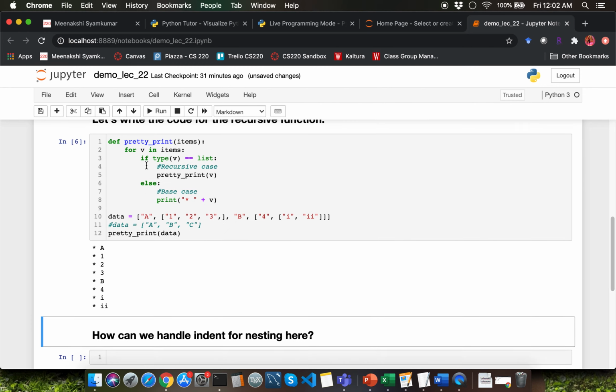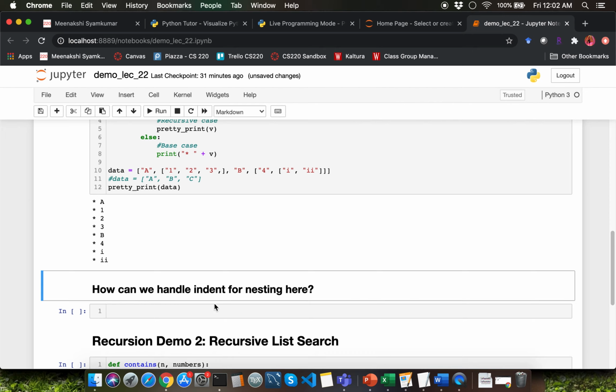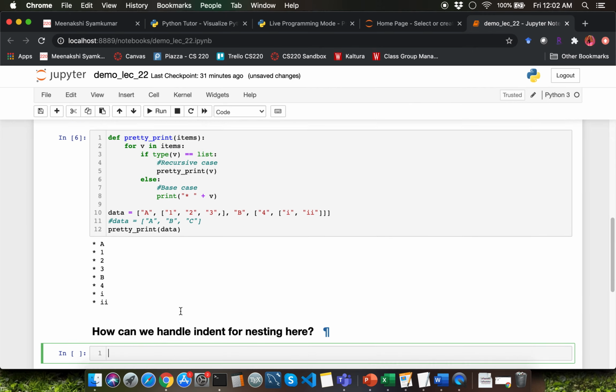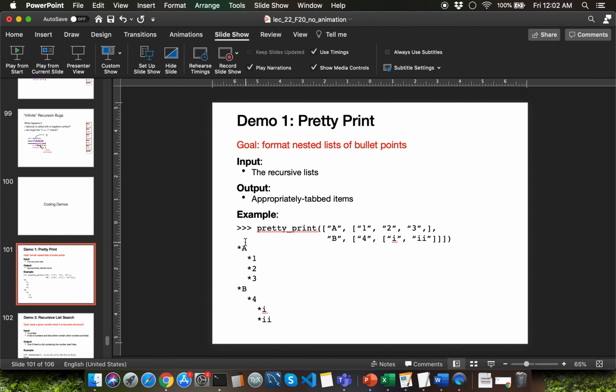What is lacking with this particular version of the recursive function is that we don't have indent level for nesting here, right? How can we handle the indent for nesting? Let's think about this. So the items which are directly present in your outermost list should be at indent level 0, whereas the items which are present inside the first level of nested list should be at indent level 1, and then the next level of nested list should be indent level 2, and so on.